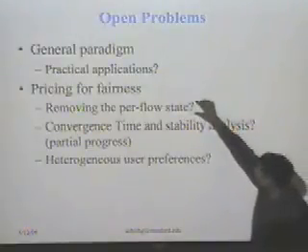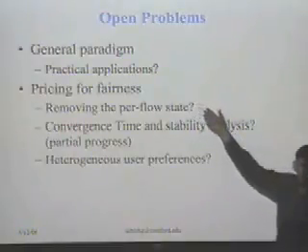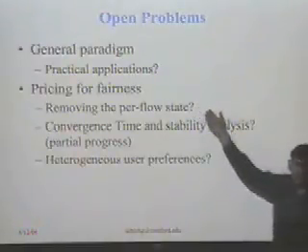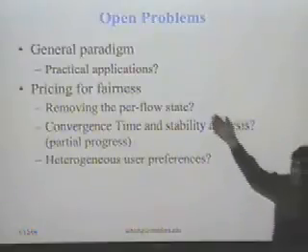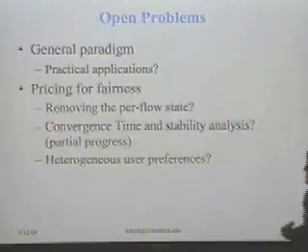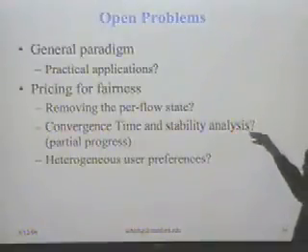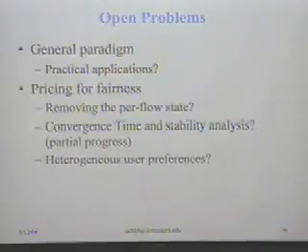But to be able to make that statement, there has to be some sort of a lower bound which says what I did with per flow state, you couldn't have done without per flow state. So I somehow think it's an important question to figure out the answer to. And then the convergence time and the stability analysis of the simple protocol which I gave, we made some partial progress, but it's not yet solved.